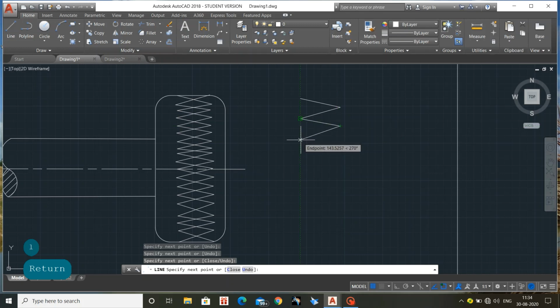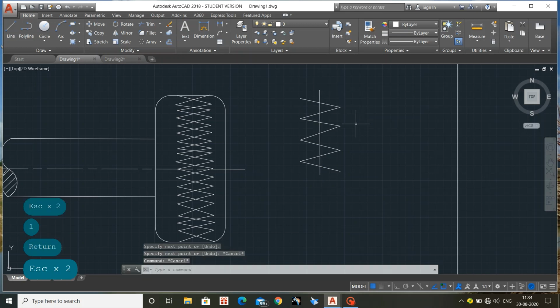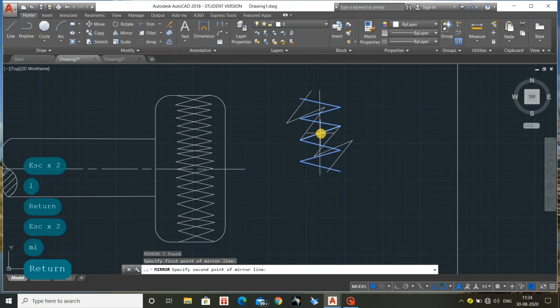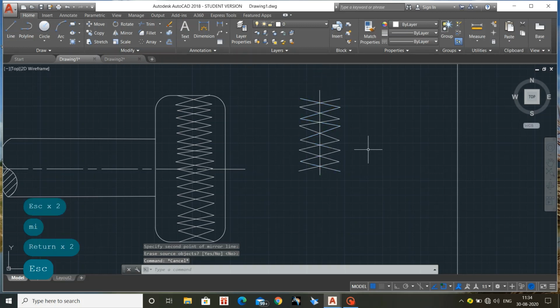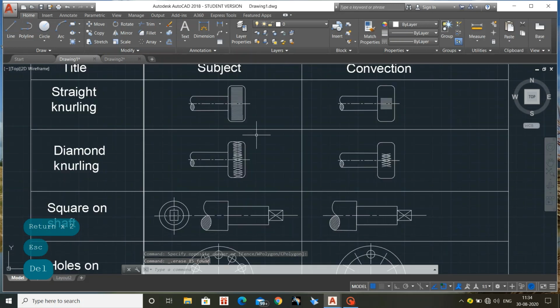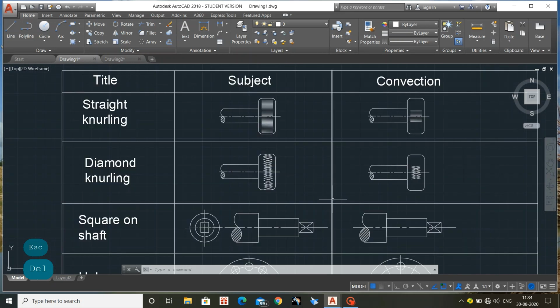See, like this. I'm drawing a small part for your easy understanding and practicing. So I have drawn this. For reversing this, for obtaining the diamond knurling, I have drawn a central line. So I have selected this part and using the mirror option, select any base point and turn this completely through 90 degrees and press enter. So see, we have achieved the diamond knurling. This is the easy technique to draw this, and we can obviously, after copying this, cut it. So this is an easy technique for diamond knurling.